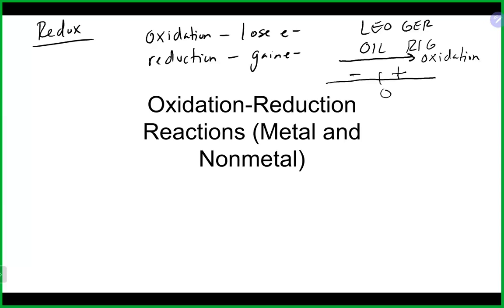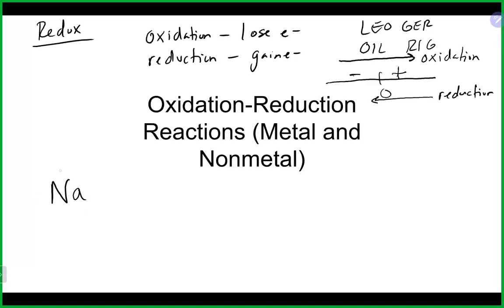When somebody gets reduced, they gain electrons, which means they become more negative. So what you'll see in the charges as they go from the left-hand side to the right-hand side, they will become more negative and move in this direction, in the negative direction, and that thing will be going through reduction. So what do I mean by that? Well, if I had, for example,